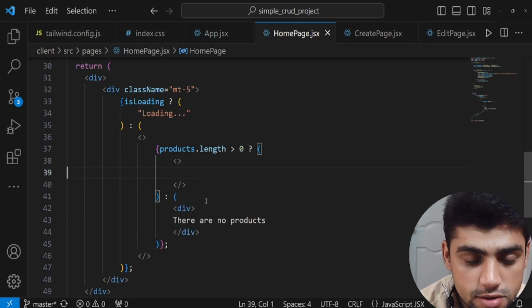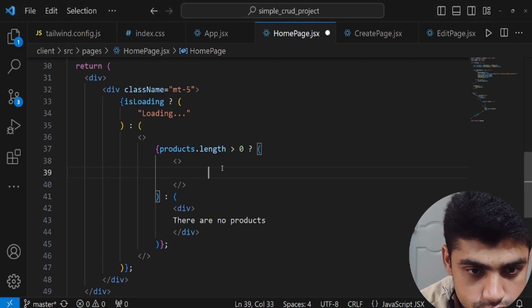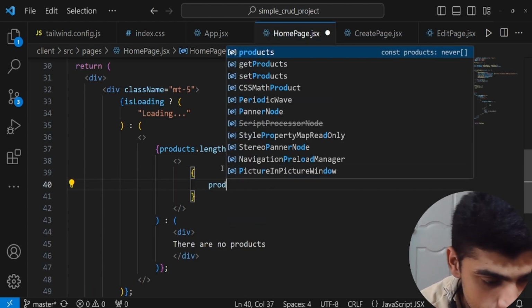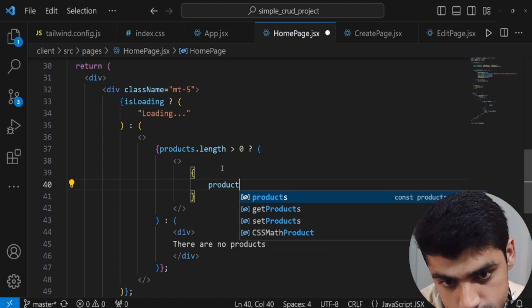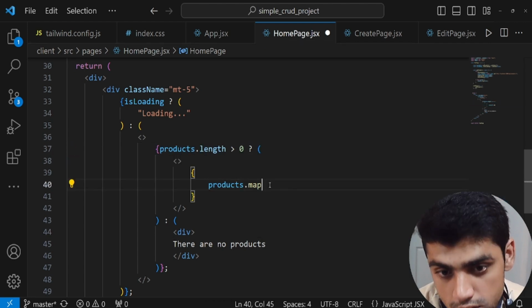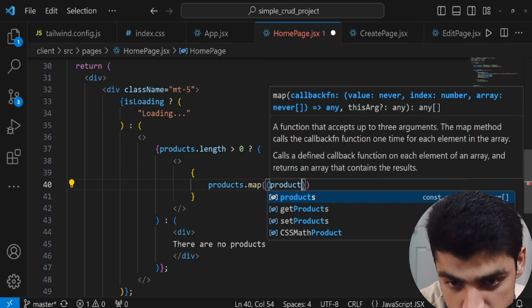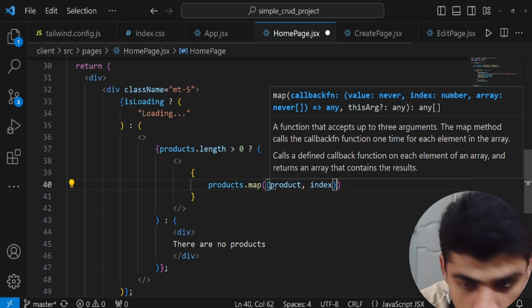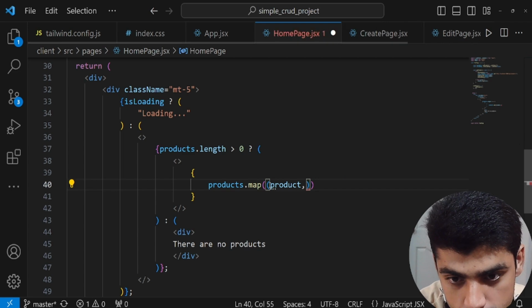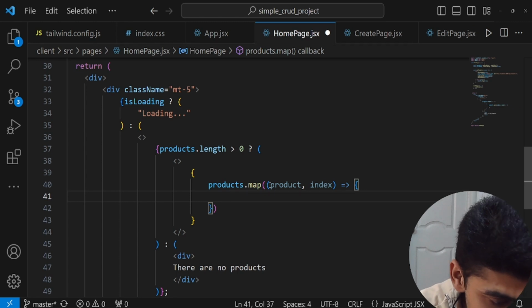Okay, now over here, what you could do is map the products. So we could essentially have products.map. So this is the condition if the products are more than one. We have products.map, and inside of it we have the product, which is single. You could call it anything you want, and the index. And then there's the arrow function. So yeah, product and index, and then an arrow function, and in here we essentially could